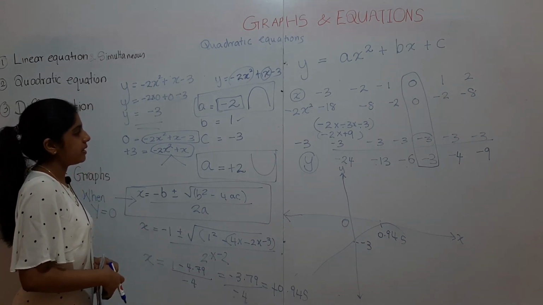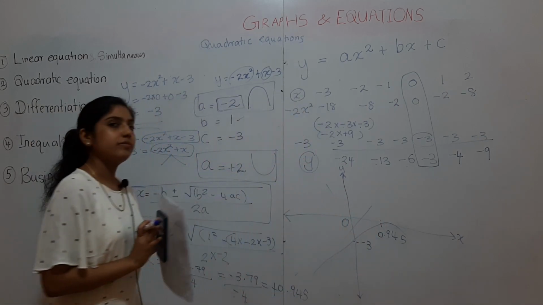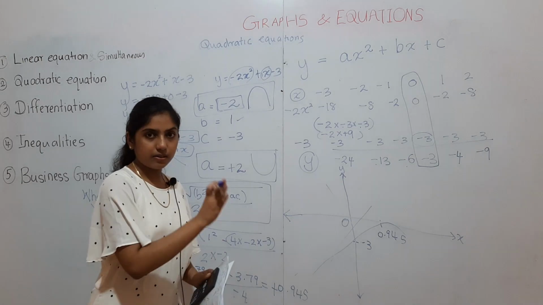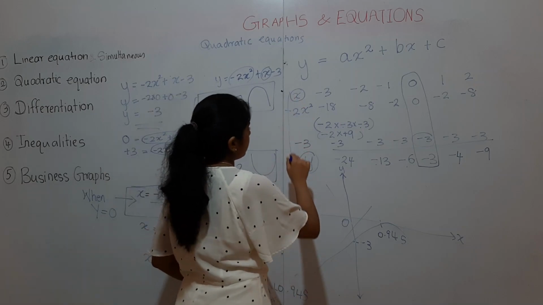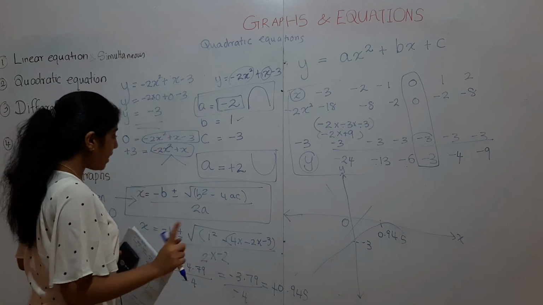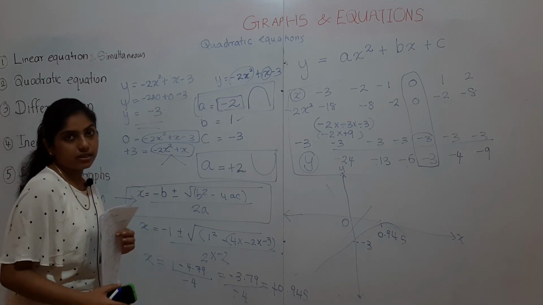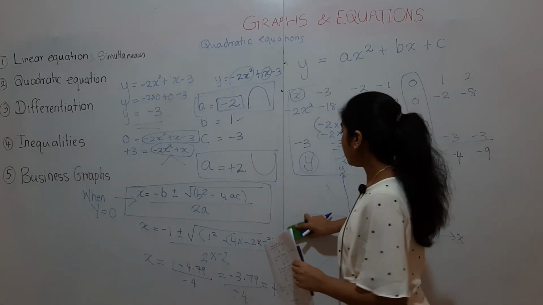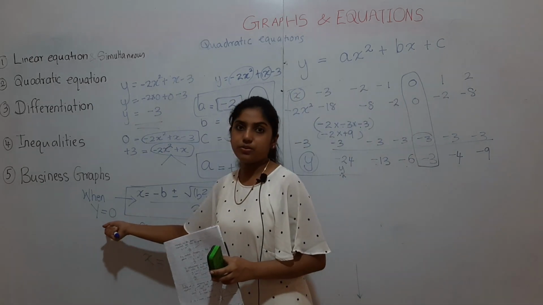So I say that you don't draw the graph using this method, because you cannot come to an approximate shape. You need to draw the graph by giving a range of values. But then you might question, when should we use this equation? Of course, the use of the equation remains the same. You will use the equation when y has to be equal to 0.